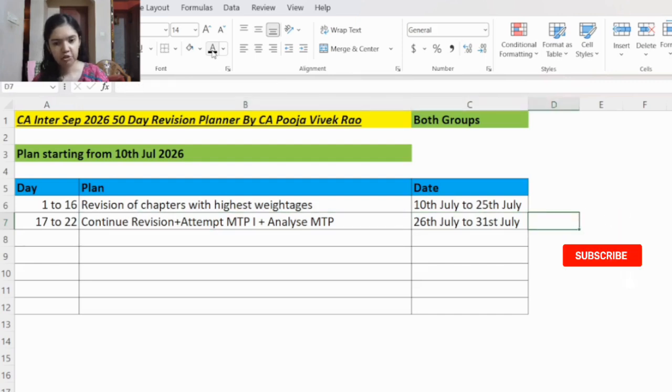And for the MTP, if you just write the MTP, it's not enough. You will have to analyze it also. So for practical subjects, now for accounts, you have to check whether you have written the accounting standards name and number correctly, whether you wrote the formulas correctly, whether you were able to correlate the concepts correctly. For auditing, you have to check the standards on auditing, whether you have written them correctly. And then for law-based paper, you will have to check the sections, provision numbers. And for costing and FM, you have to check if you have written the formulas correctly and solved the answer